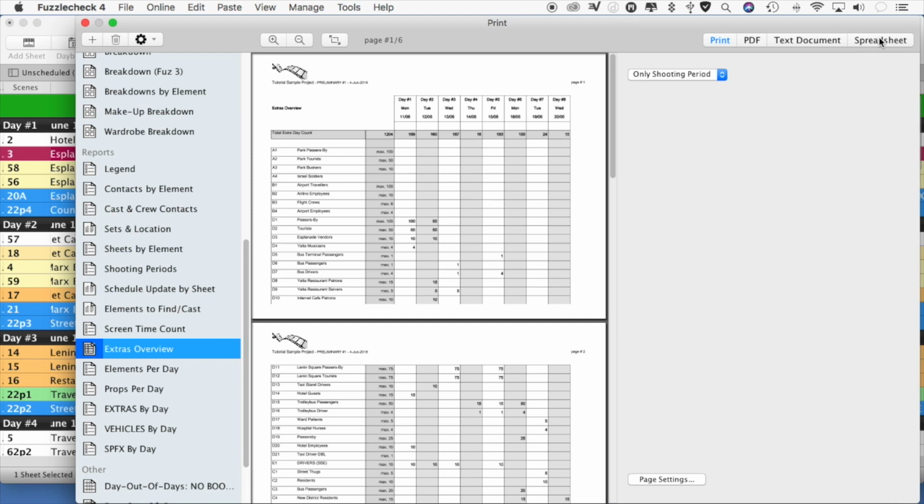Okay, so that's a brief overview of the main interface of Fuzzlecheck 4. Check out the other tutorials for more information,